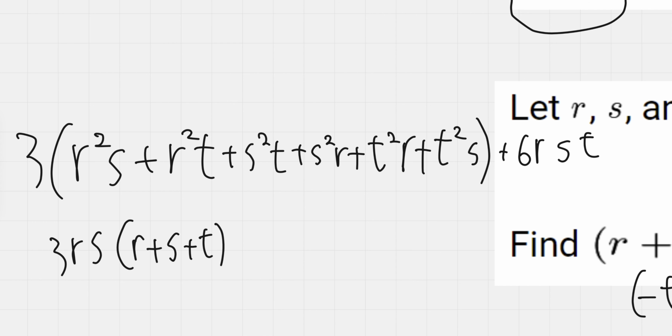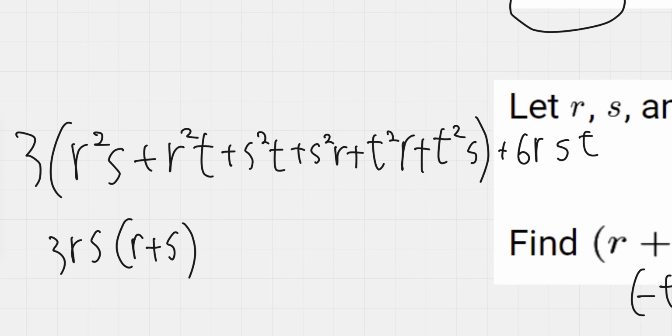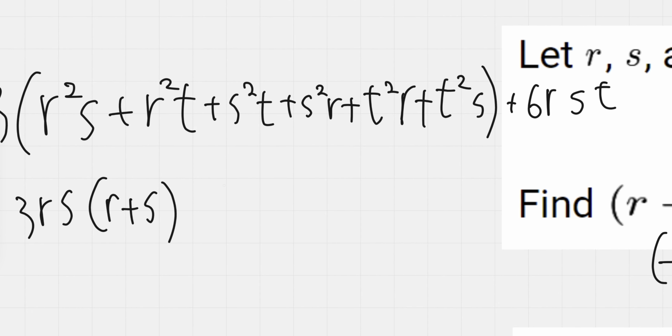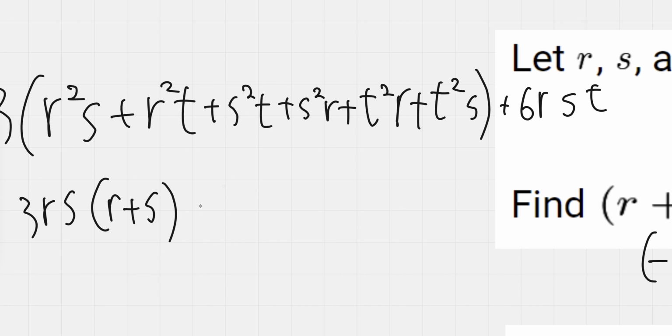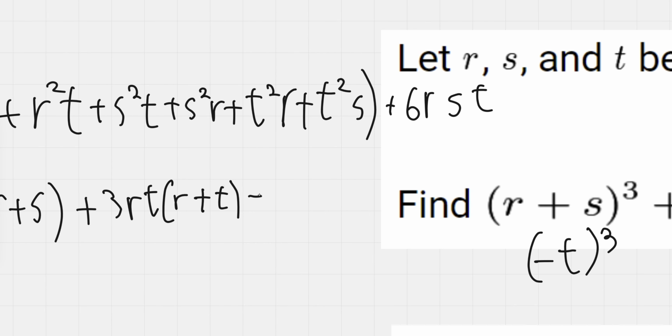But it might be more prudent to leave the t behind as its own term. So we have 3 rs times r plus s plus 3 rt times r plus t plus 3